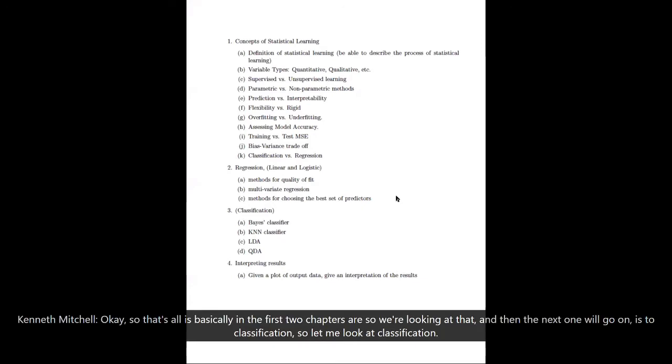Okay, so that's all basically in the first 2 chapters or so. We're looking at that, and then the next one we'll go on to is classification. And so when we look at classification,